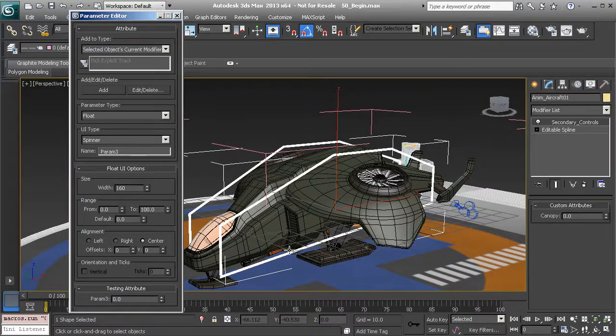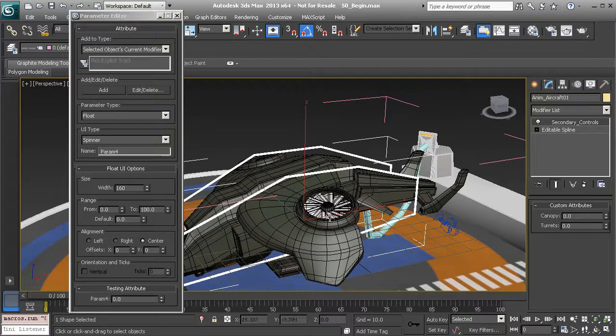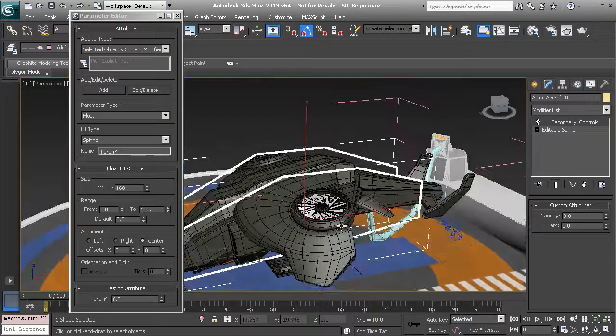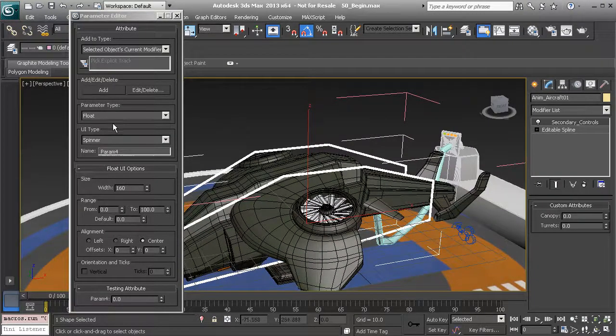The next one will be for our turrets. Be nice to have control for these. So let's go ahead and name the attribute turrets. And again, we'll use a min and max range of 0 and 100%. We'll choose add. Okay, the next one will be swiveling controls for our turbines. All right, so let's go ahead and create